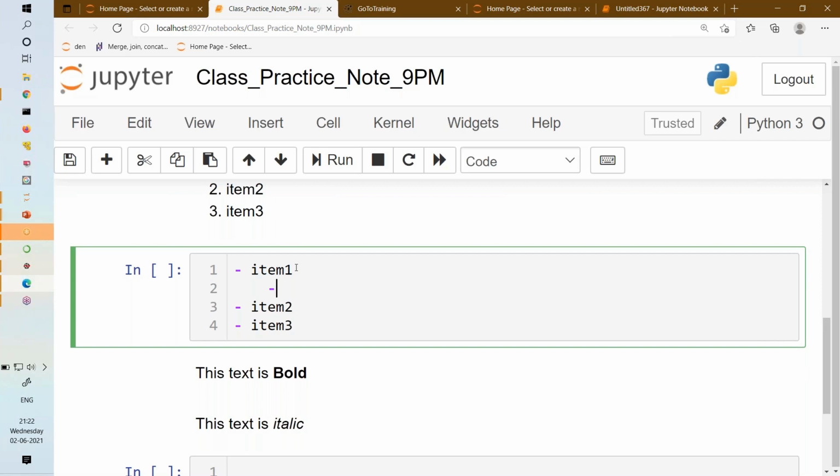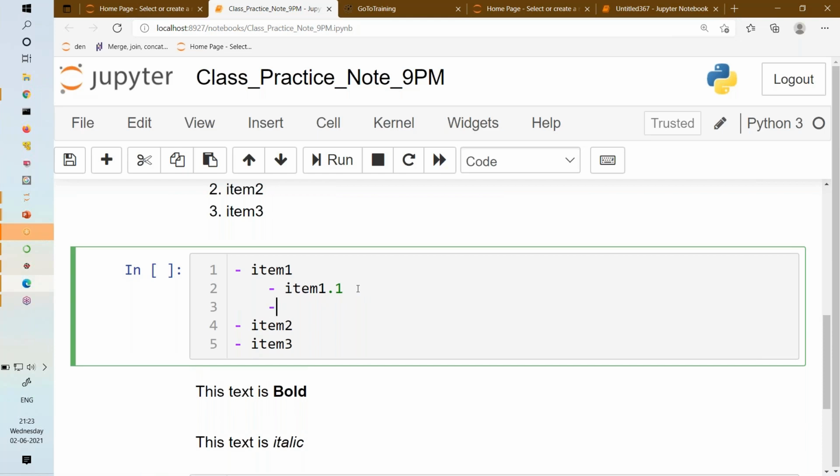Let's say this is a sub item, and this is 1.1, right? This is item 1.1 basically, and then you have more items. Let's say this is item 1.2 and so on, right? Item 1.2, item 1.1 and so on.